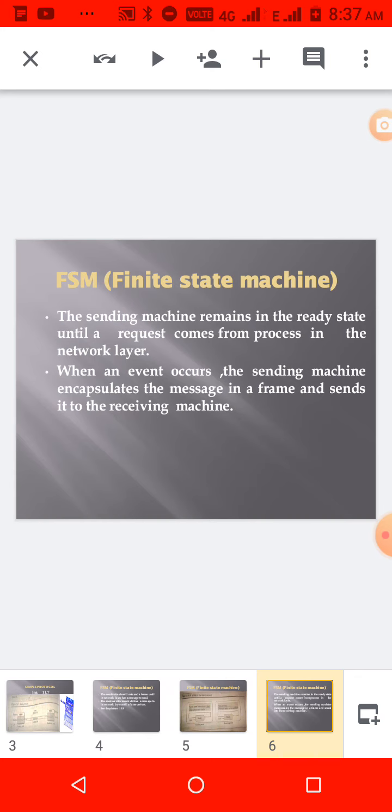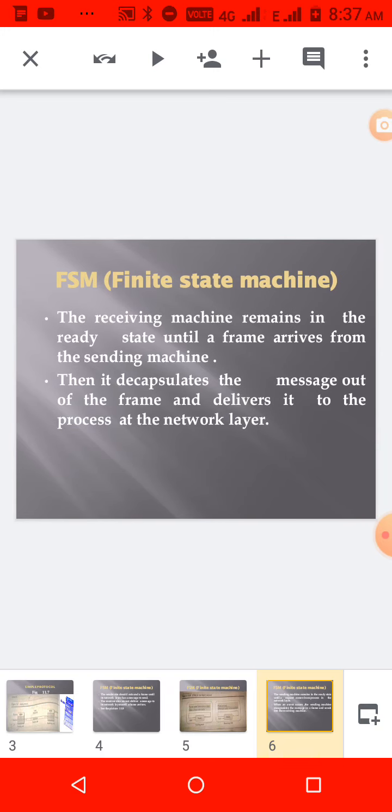Okay. So when an event occurs, the sending machine encapsulates the message in a frame and sends it to the receiving machine. And then the receiving machine remains in the ready state until a frame arrives from the sending machine. So the receiver waits till it receives the frame and then sends a packet to the network layer.